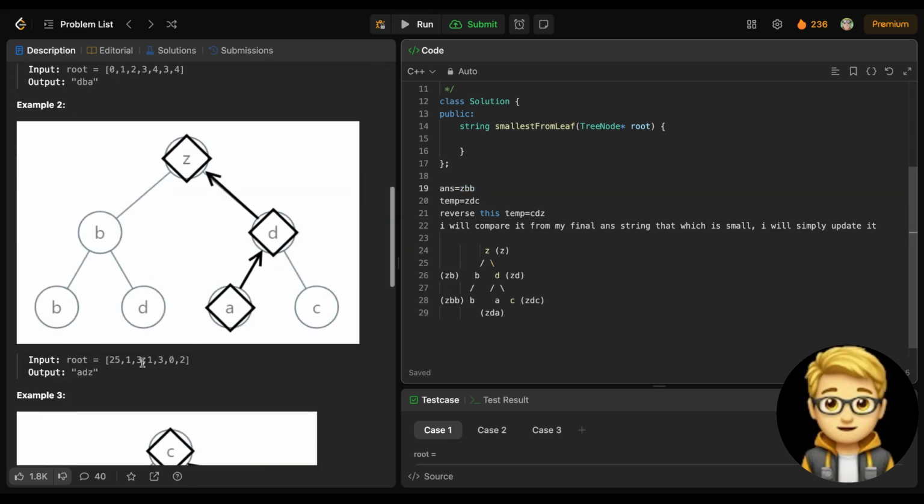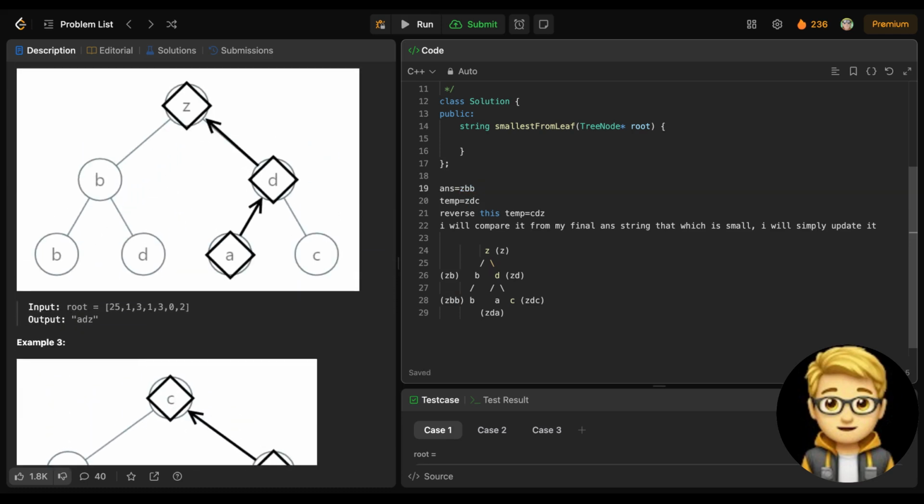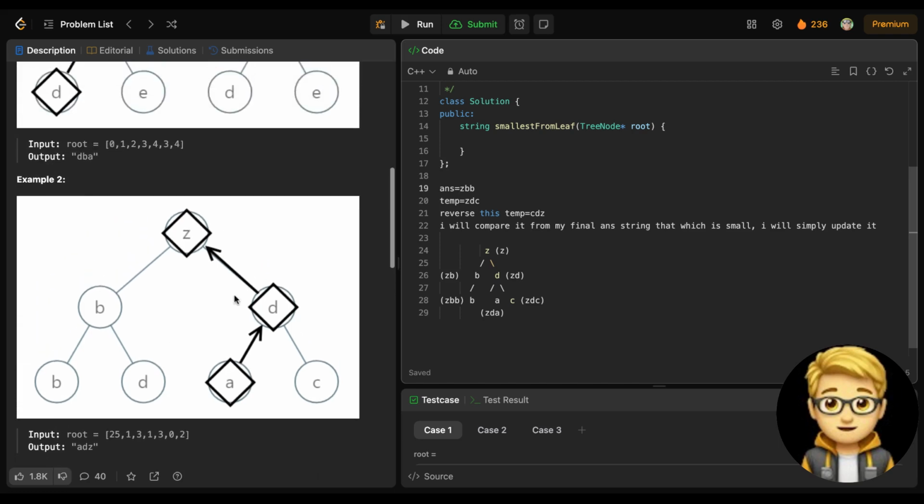So if you see, okay, sorry. No, my final answer will not be ZBB. I forgot to reverse every time I got to the leaf. So when we come to JDC, this is stored CDZ, right? Because I need to reverse my final string, right? Whenever I go to answer,